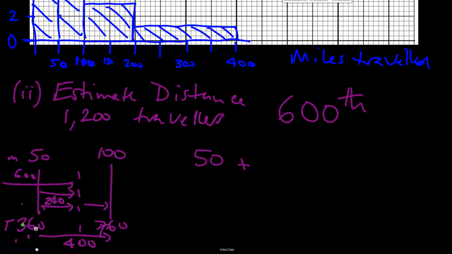We're doing that in effect. So we only need to go up 200 of the 400 travellers, and the distance that we are moving up is 50 miles. So that would give us an estimate, and that calculates out to be,